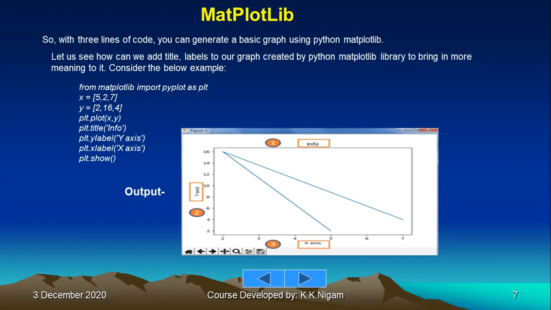Now let's see how we can add a title etc. and labels to our graph created by the Python Matplotlib library, to bring in more meaning to it. Because if there is no title, probably you have to guess or imagine, but if it is properly labeled, it definitely becomes very useful. So: from matplotlib import pyplot as plt, then x is 5 to 7, y is 2 1 6 4,